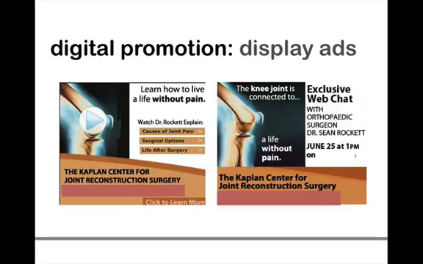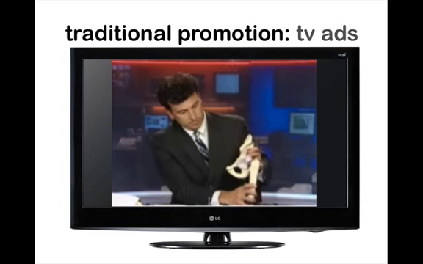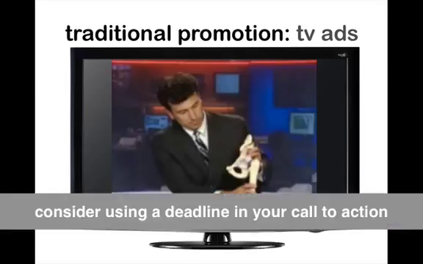This is where we're going to use those display ads, still really important, but remember, we're referring to them as digital promotion, and this is how it could be used, where we're encouraging people, the messaging of the display ad is to go sign up for that web chat, that webinar, or to go look at extra video, extra educational resources. Of course, using that traditional promotion, this could be a television station, radio station, where we're going to let people know about this webinar.